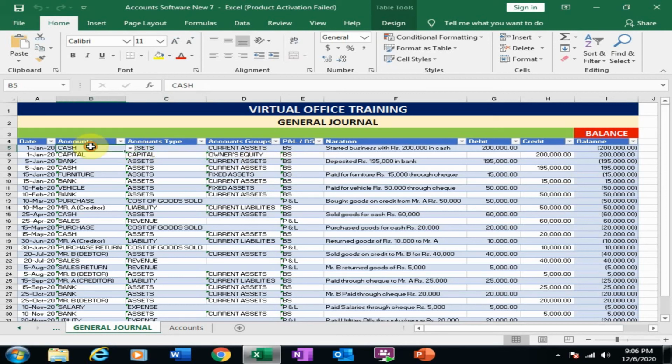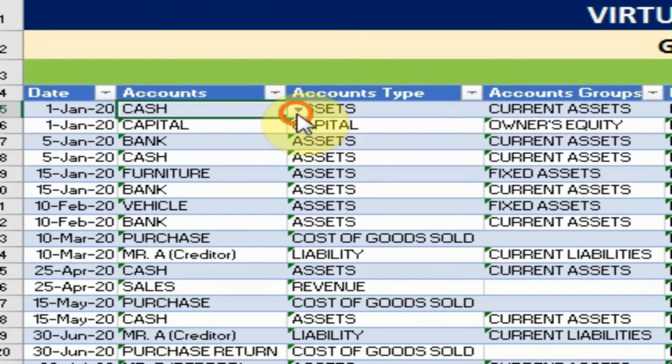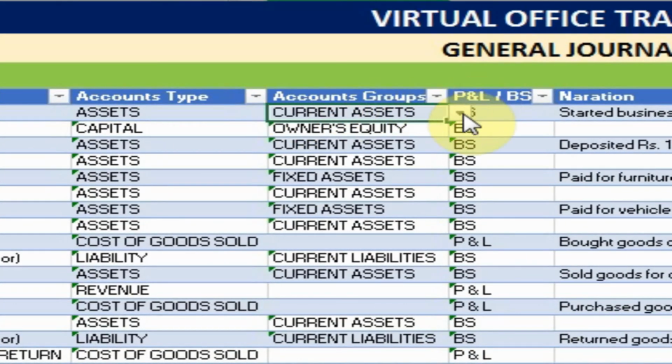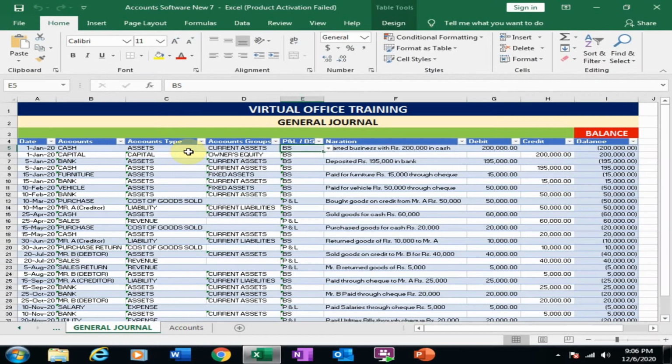First, understand this. We created some drop down lists in the journal video. This is the chart of accounts, this is the account type, this is the account group, and this is the PNL and BS type.